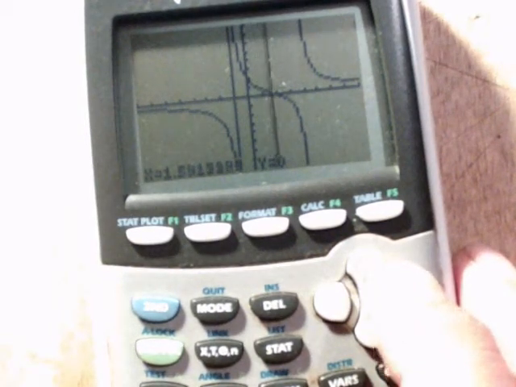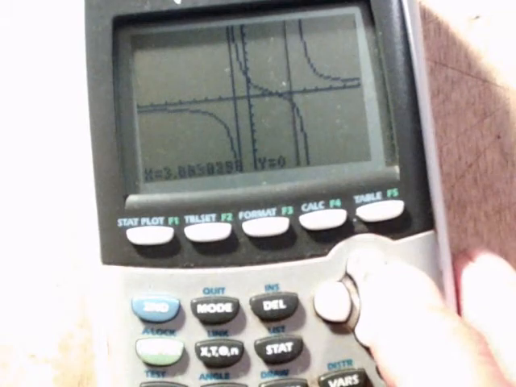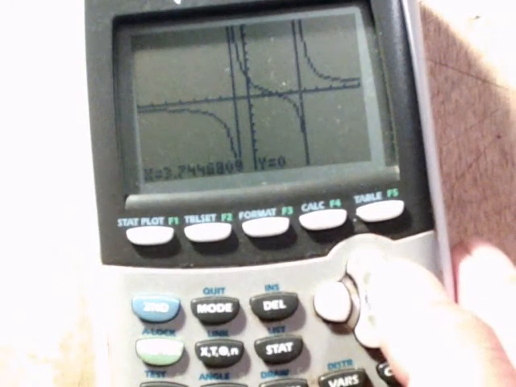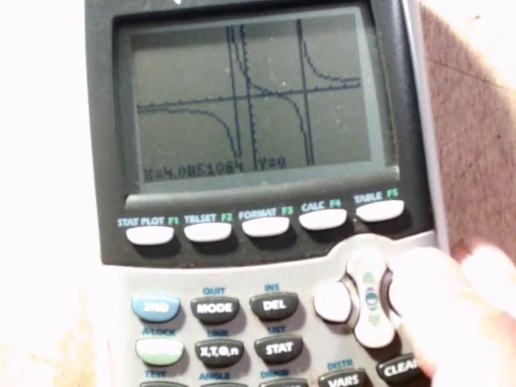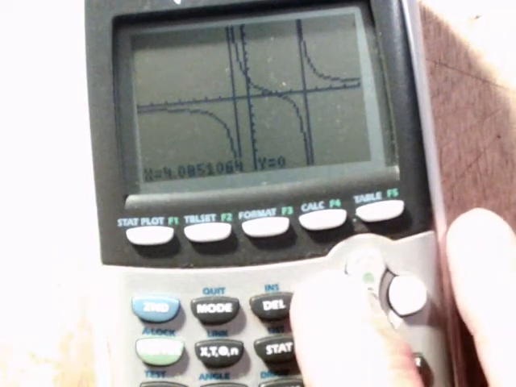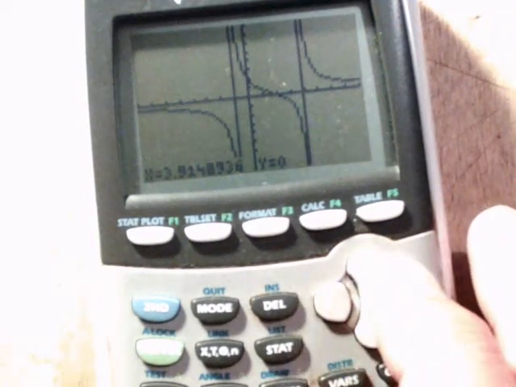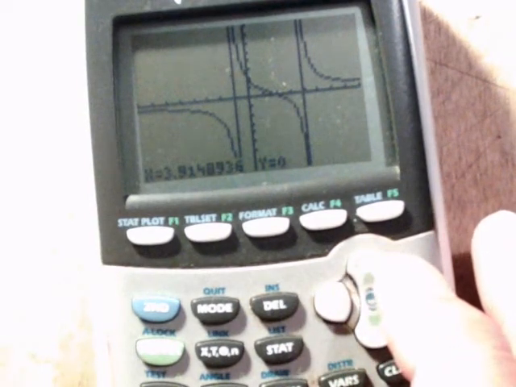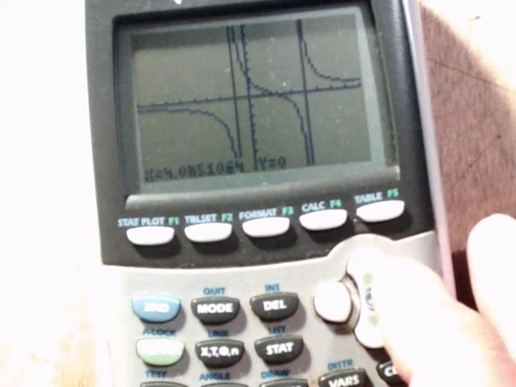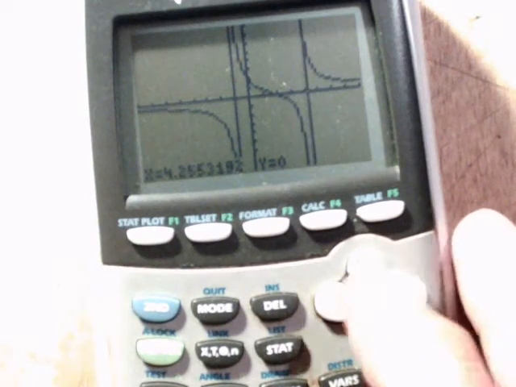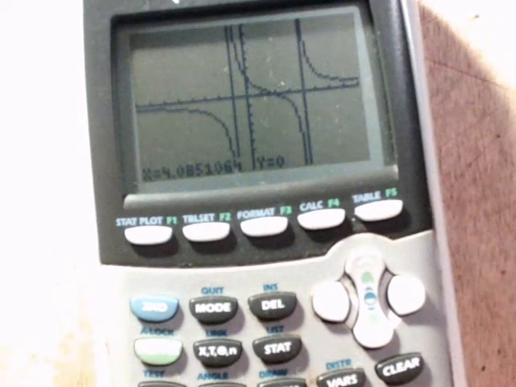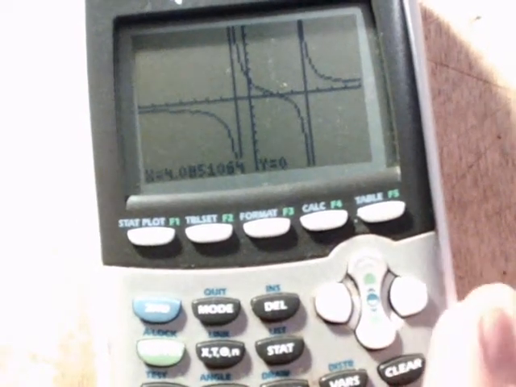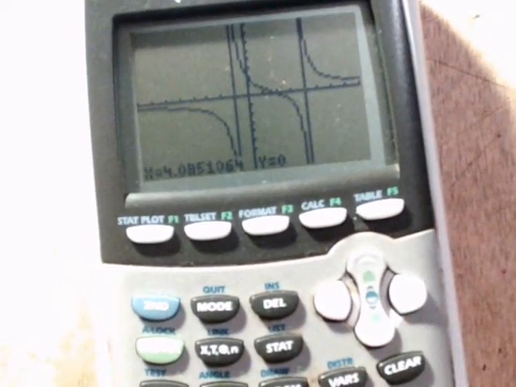Look at your x value and stop at 4 or close to it. You see 3.7, 3.9, 4.08. I don't know which one is better. It doesn't matter really. One of them. That's it. Say enter. Then you have the graph of this function, which is